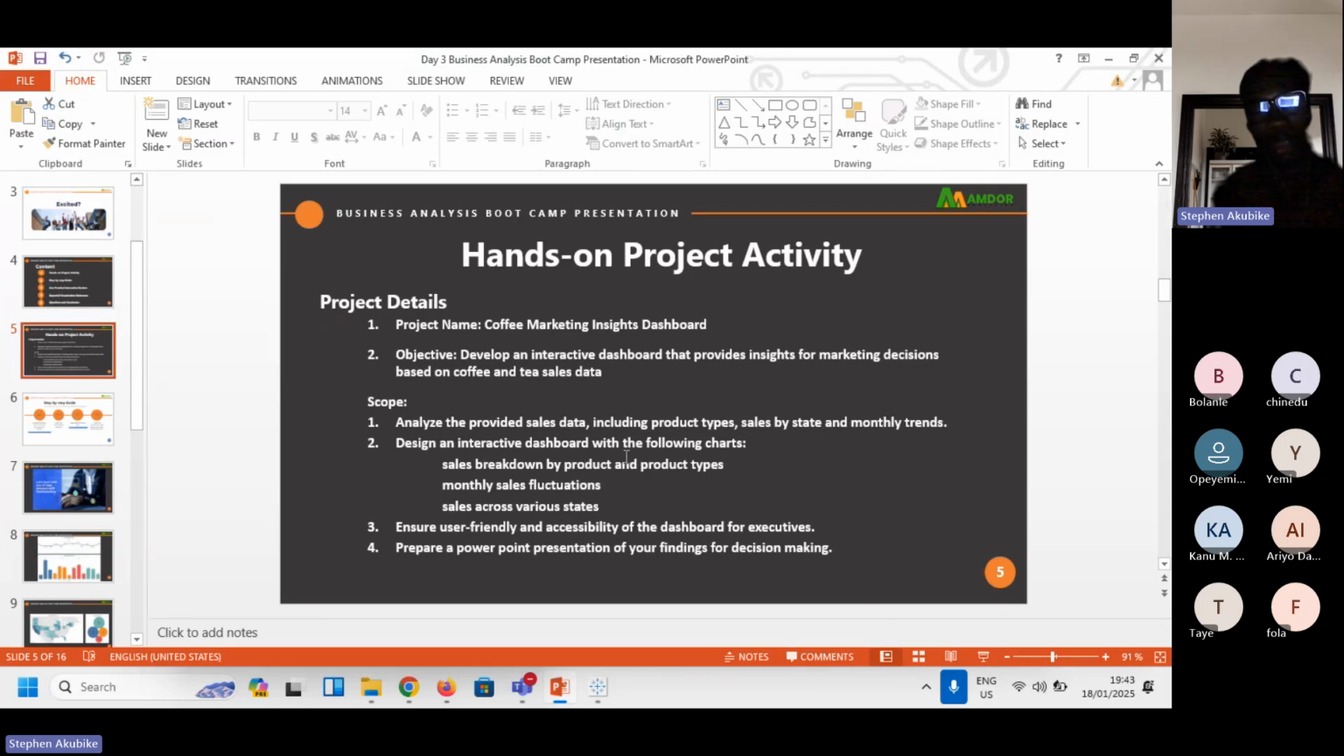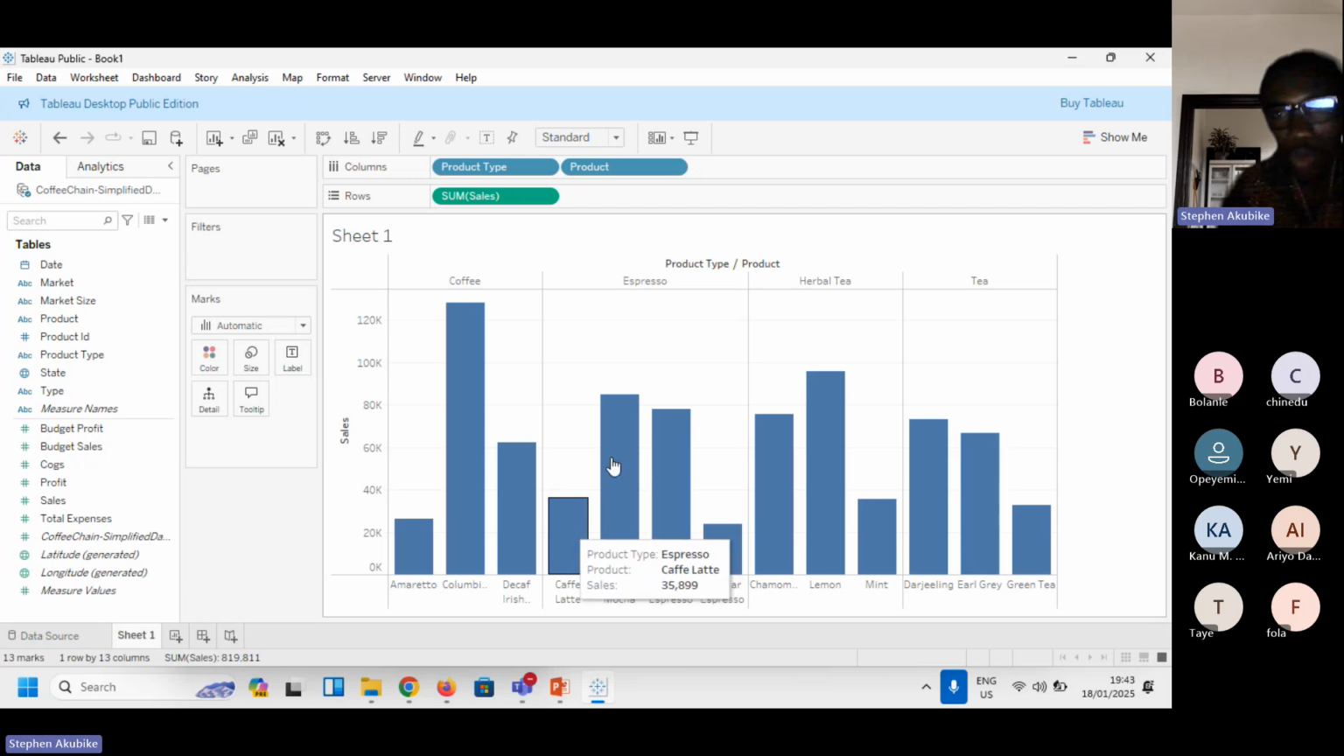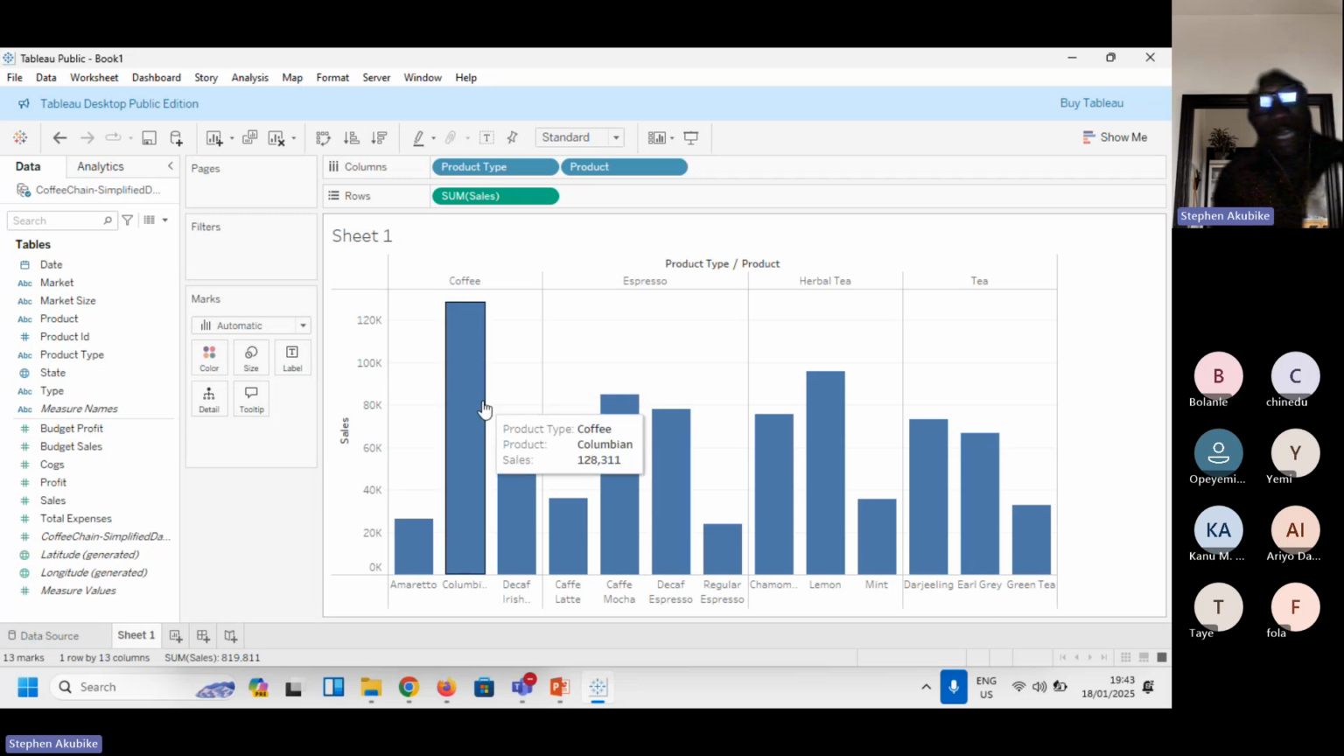Sales breakdown by product and product type. Anybody that sees this already knows, okay, in coffee, Colombia coffee is the best performing. So that means people are placing demand for it. Then we can say, okay, let us cut budget for Amarillo coffee and make more of Colombia coffee, more advert